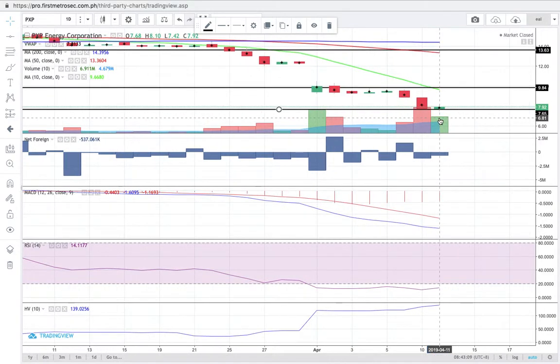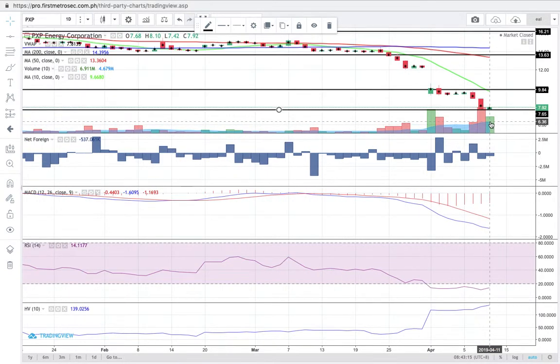So now this green candlestick came with a green volume above its 10-day volume average. VWAP last Thursday was 7.81. So PXP closed above the VWAP. So 1 point, green candlestick, 2 points, volumes above the 10-day volume average, 3 points. Later, we'll find out if the most voluminous and most traded range is also registered closer to the intraday high